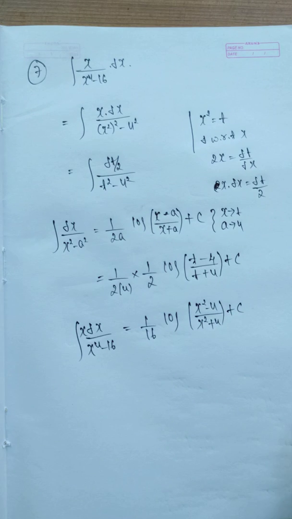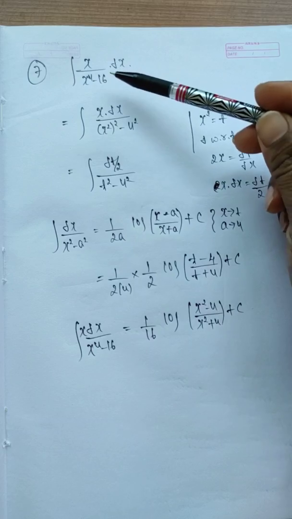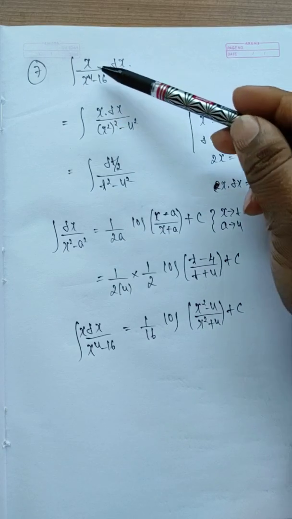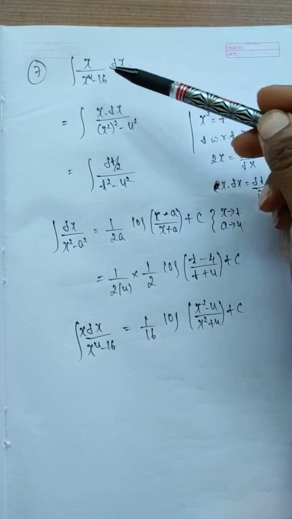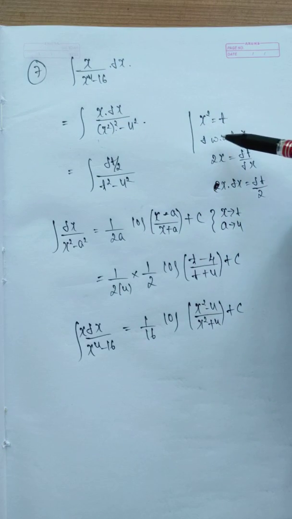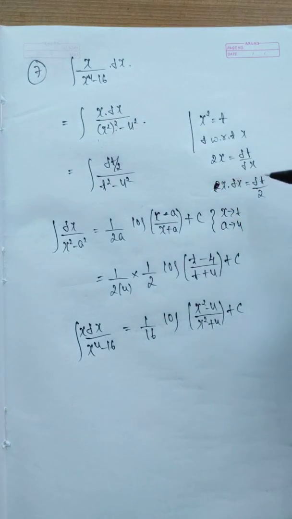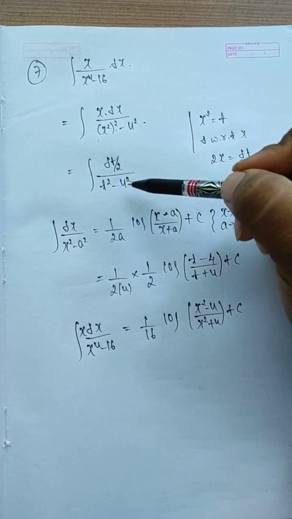Is it clear? Is it okay? So once again I am repeating, just listen here. What we did in the last problem, the same we are doing. While doing this problem, you want to make use of substitution. First change the given problem to a perfect square. Integration of x into dx by x square whole square minus 4 square. I am substituting x square is equal to t. Differentiate with respect to x. The differentiation of x square is 2x is equal to dt by dx. Here I am replacing this x into dx as dt by 2 by t square minus 4 square.